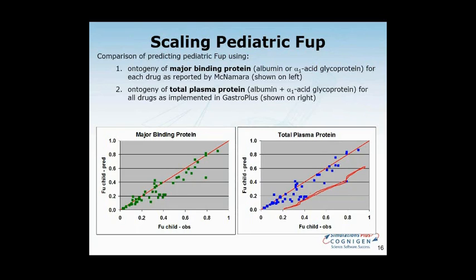Yeah, the problem is that we were not able to find any special characteristics of the compounds that would distinguish these. Even within this one, where they were looking at major binding protein, I don't think that these were compounds that would be specific to only one of those proteins. So we were not able to find a special characteristic distinguishing these outliers that would allow us to do additional scaling.